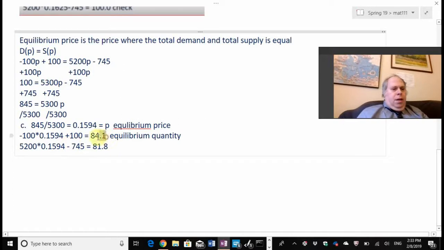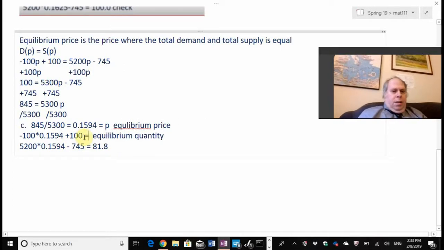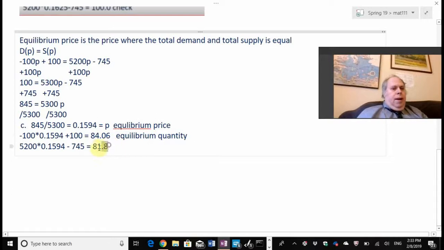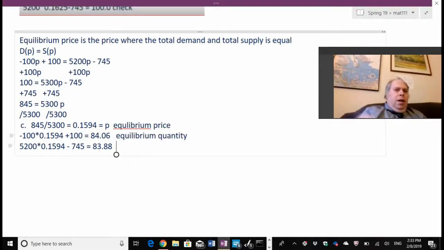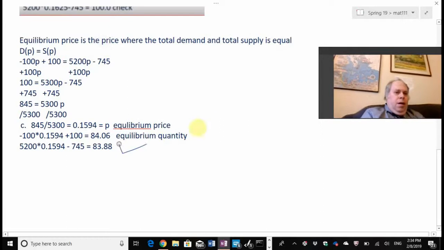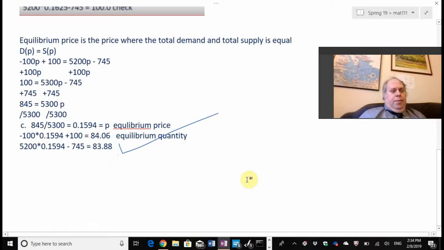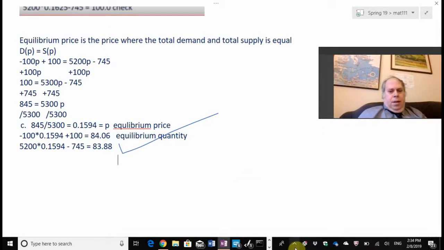So if I do that, it's still about 84, and if I do that, now it gets really close. So this tells me that these two are the same. So if it doesn't check when you round less, see if that checks. And give me that. Make a nice big check. And so that is equilibrium. And now with some luck, I'll be able to